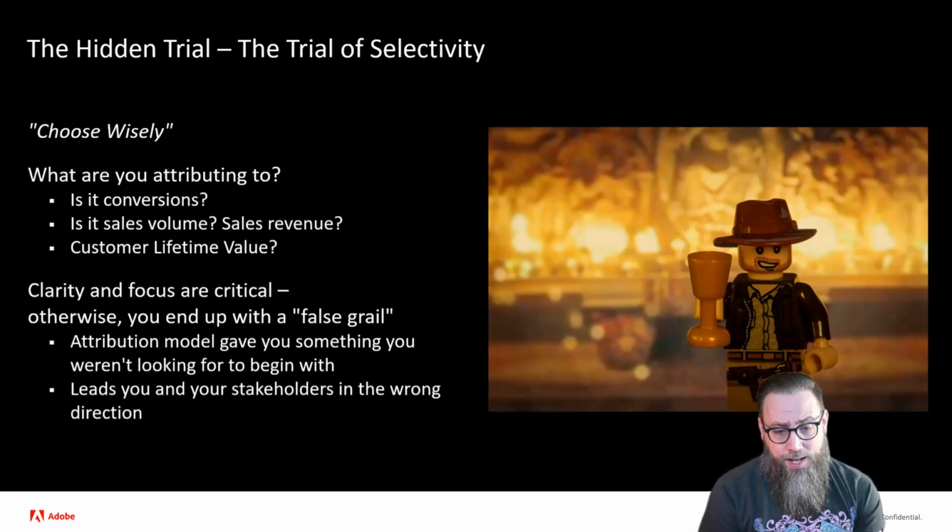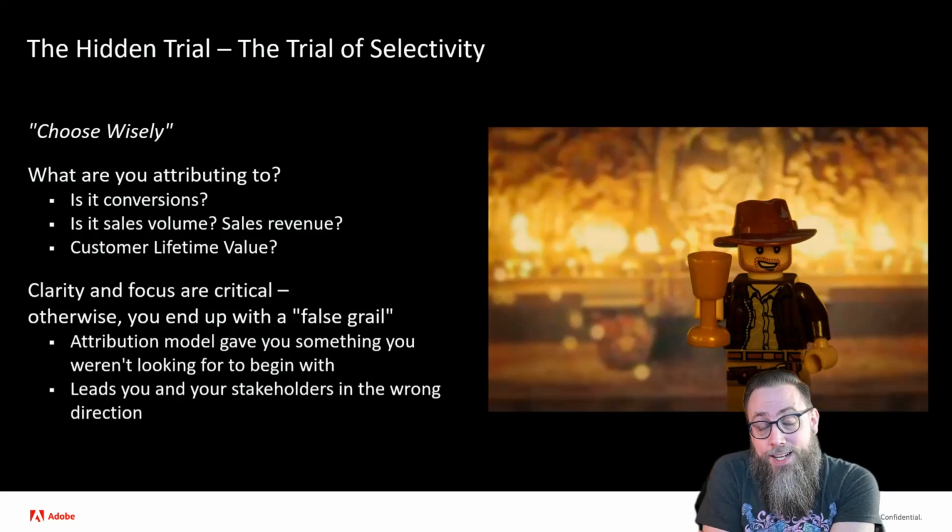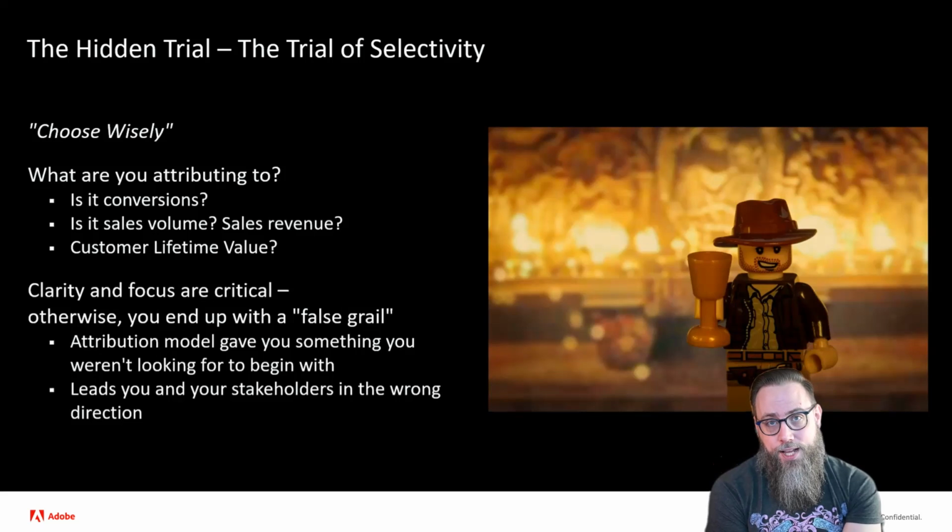The attribution model might not be the right model that you're using, or it leads your stakeholders in the wrong direction. And one example of this I can clearly say is I see this happen in a lot of companies where last touch is simple, so folks tend to adopt it as the easy, simplest one. We know all attribution models are flawed, so let's just pick one and go. But where it gets a little bit difficult is if you use a last touch model and then people get in the motion of saying, well, what did this campaign drive? We know as humans that that's not really how things work.